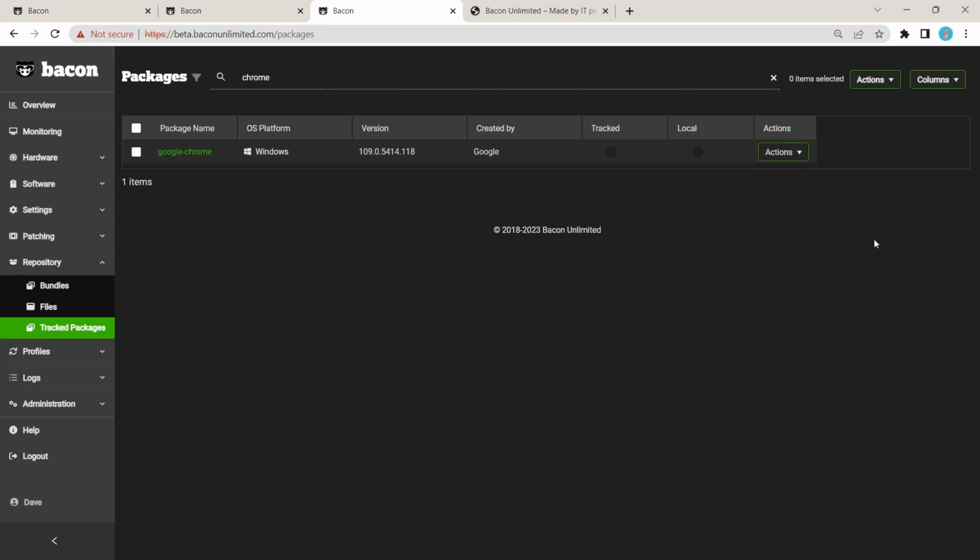And so our new feature, third-party proactive patching, has this little box here that Dave is showing called tracked packages. With tracked packages, you get to do a couple of things. One thing you can do is track right from the Google repository the latest edition of Google Chrome. You can also do that with tons of others. Right out of the box, we'll have a couple hundred pieces of software, but you can also build custom software